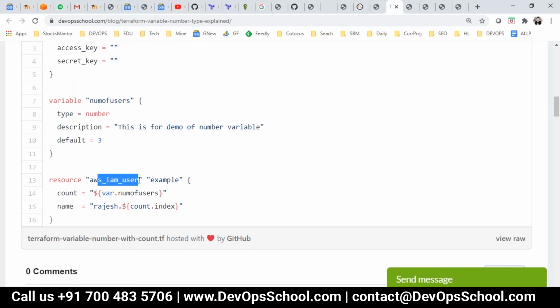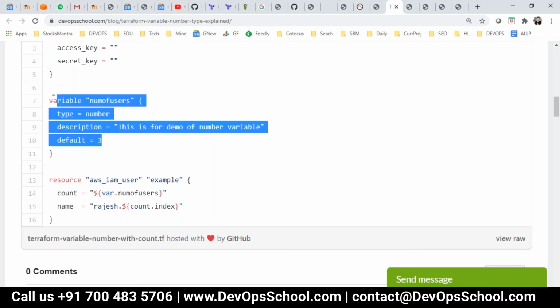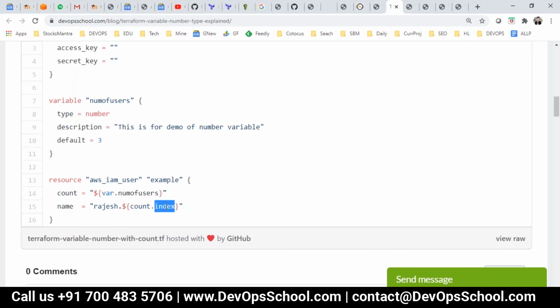But the problem here is the names of the users cannot be the same for all 3, because the API will fail, right? So for that, what we have done is Rajesh dot, it's an appending concatenation, and dollar count dot index, where the count is equal to 3. See here, 3, and dot index. You know the index means 0, 1, 2, if you understand lists.